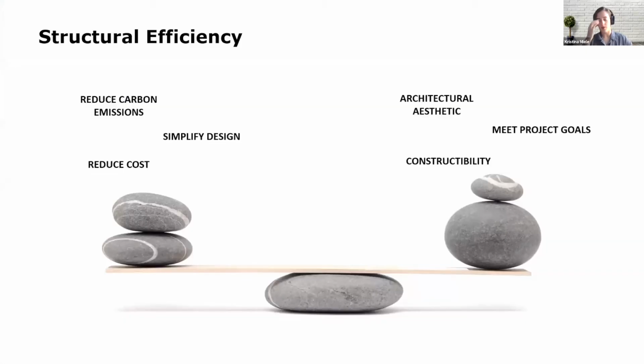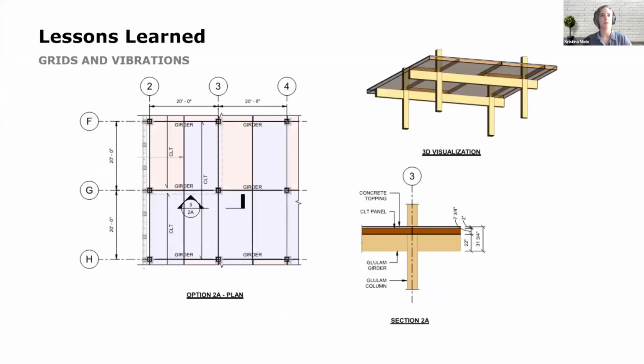So within these 3 projects, I'm going to talk a little bit just to go over what we've learned in a little more detail. But as a structural engineer, we're always thinking about how to find the balance between reducing carbon emissions, which really comes down to what's the basis of engineers' work, is to simplify a design and think really closely about how the structural efficiency works without sacrificing aesthetics, project criteria, constructability, always trying to strike the balance between these 2 points. So the lessons we've learned throughout these 3 projects and many others is the importance of